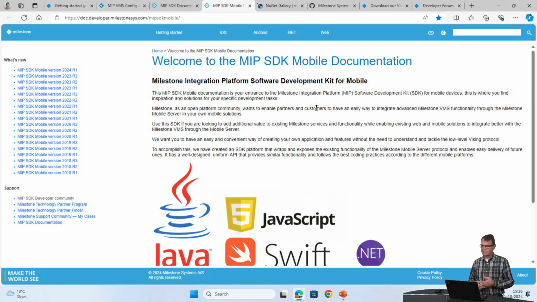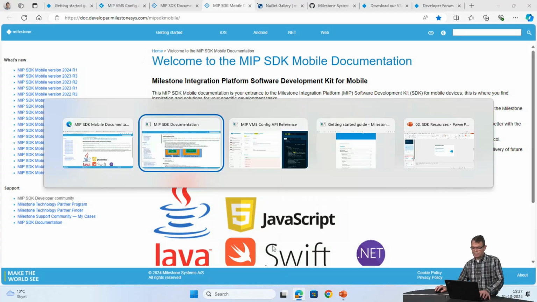So naturally, this is then the foundation for our mobile clients in Android and in iOS phones, but also there's a web client, and there's a specific SDK for mobile, and here's the documentation for that. Let me switch back to my presentation.